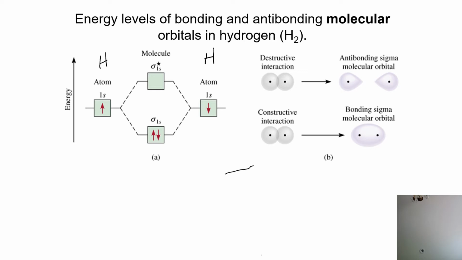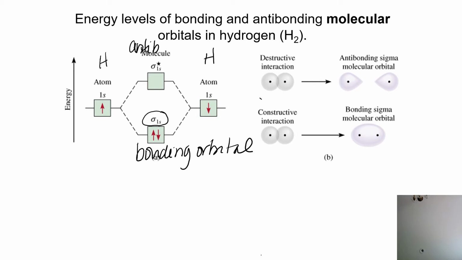One is of lower energy than the pure atomic orbitals, and the other is of higher energy. The lower energy orbital is called the sigma 1s bonding orbital. The molecular orbital with higher energy is called the sigma star 1s, which is the anti-bonding orbital,